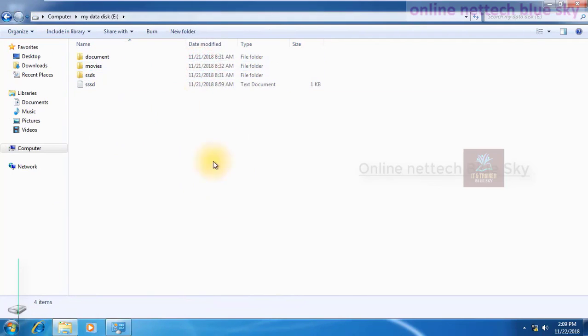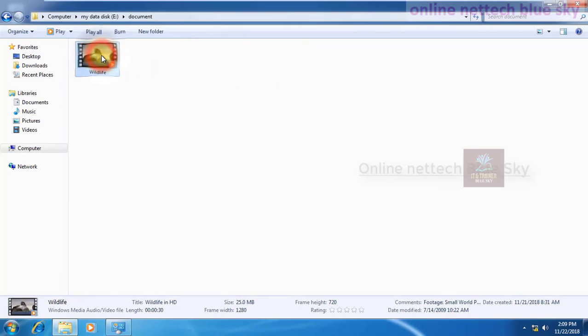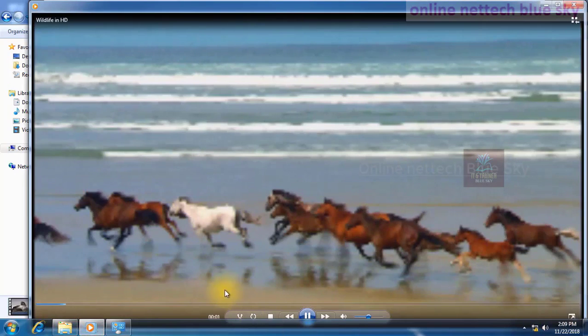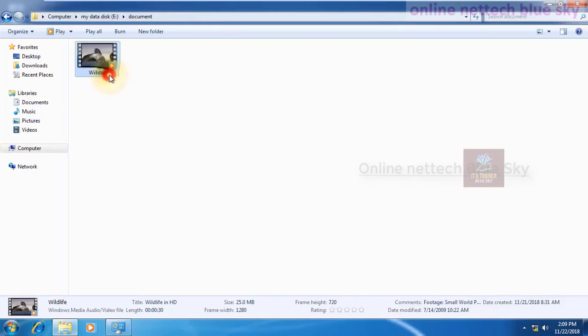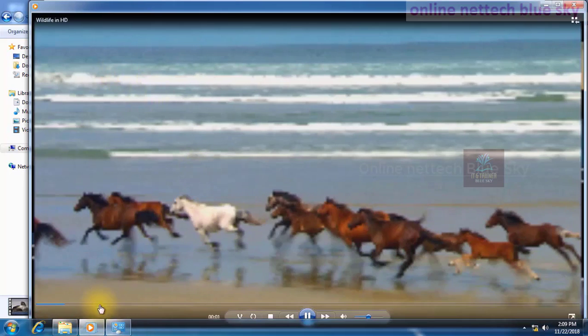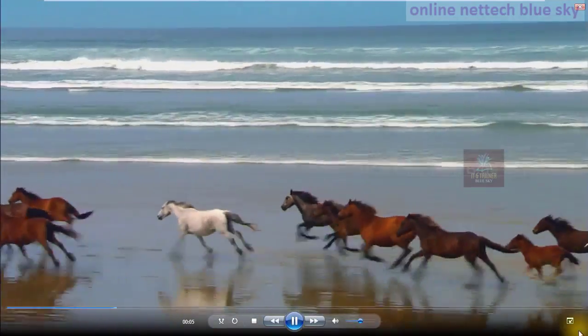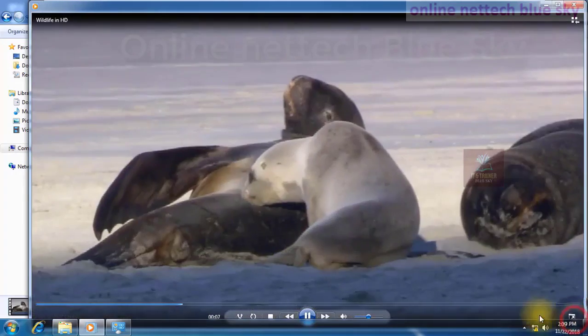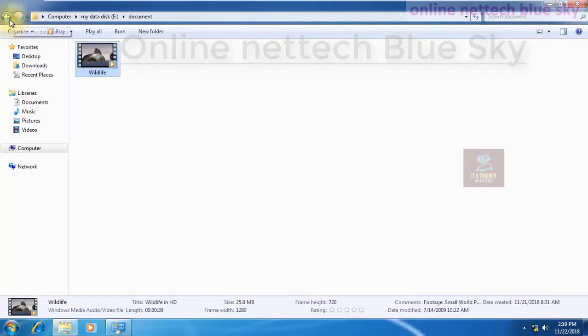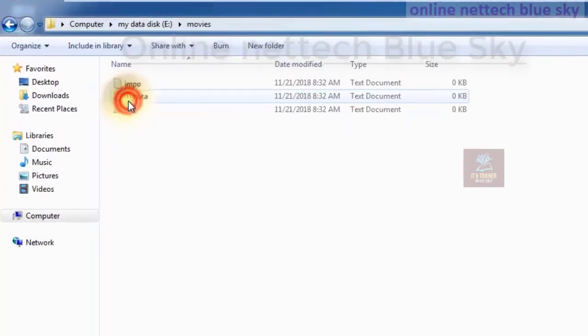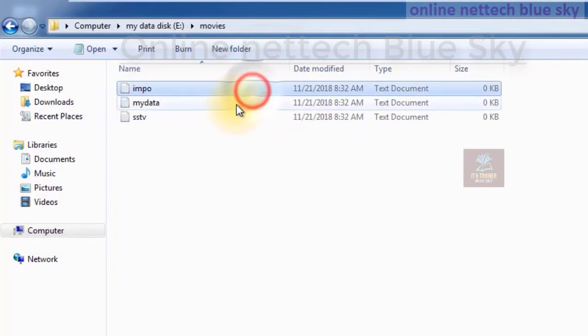So this is all of the data here. My Windows 7 has only this data here. Okay, so you can see I'm just starting this video. Okay, so this start video is my Windows 7 computer data. So companies do not directly work this way. So you can see here this Windows 7 and other files and folders here.